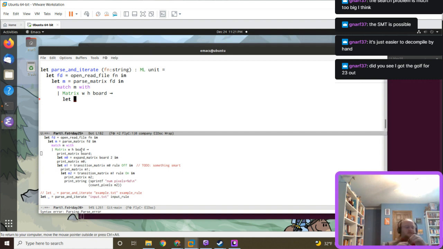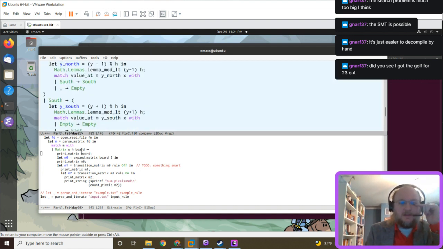So the other piece we need is matrix equality.